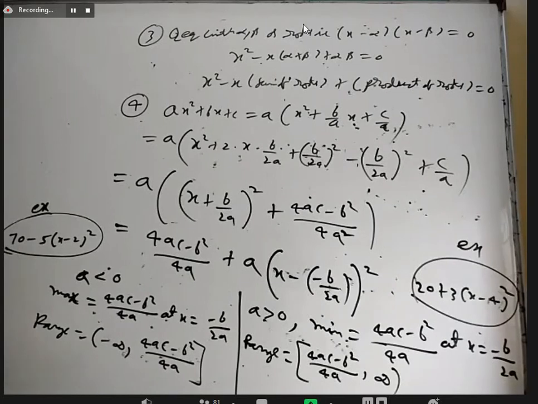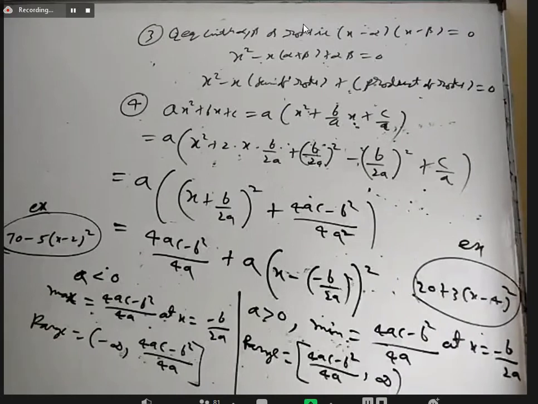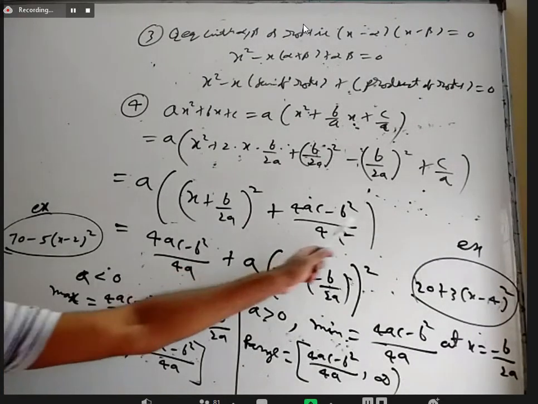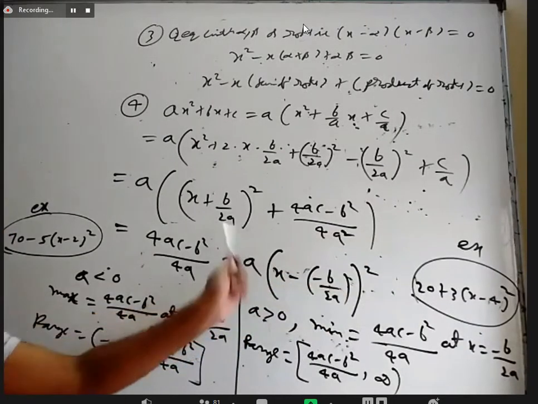All of you know this formula for roots, minus b plus or minus root of b square minus 4ac, by 2a. Does anybody know how that is derived? Yes, sir. One of you can tell. Completing the square method. After making a perfect square like this, you write equal to 0, send this one to that side, you will get it.